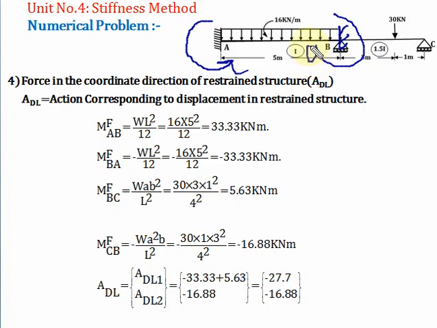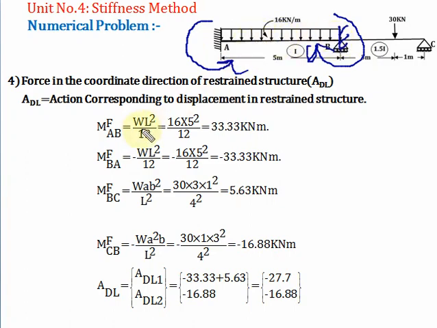Now here, as the load is in the downward direction, yes or no? So the fixed moment will be there to restrain the load. Okay. Now in member AB, the fixed moment direction will be anti-clockwise.